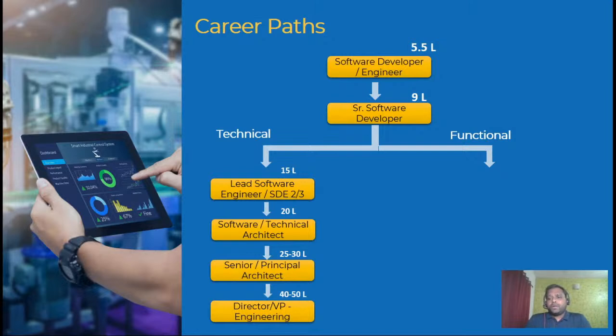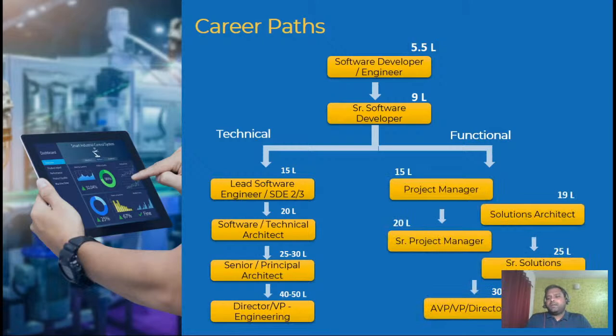Now, on the other end, if you want to move to functional, when I say functional, you're not coding day in day out, but you're part of the software development life cycle, focusing more on the project management and the program management aspect of it, and the architecture aspect of it. This is where we have roles such as project managers, program managers, technical program managers, delivery managers, etc. And we also have roles such as solution architects,